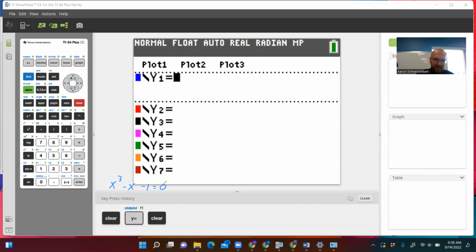Method 1 for solving equations with the graphing calculator. Well, our method for solving them is going to be graphing, but method 1 is set it equal to 0. And we're going to enter our equation into the calculator in the y equals button. So I pressed y equals here to get to the screen. I now am going to do x to the third